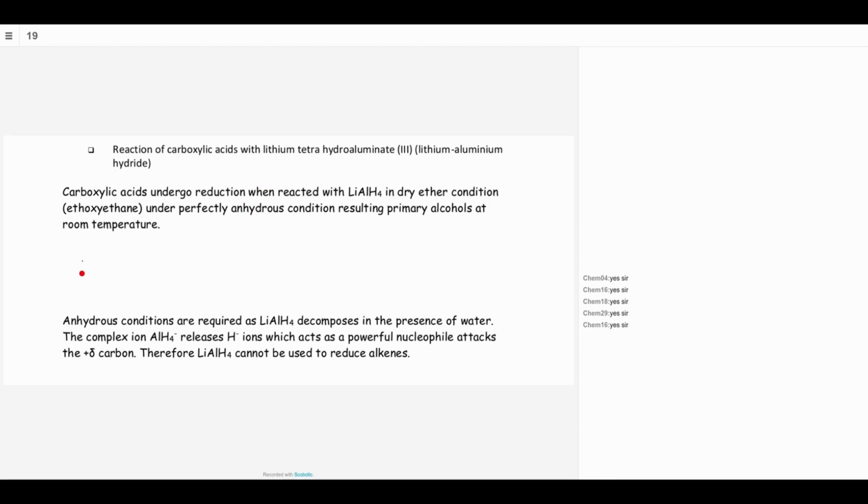So what happens when you reduce carboxylic acids? You get the corresponding primary alcohol. This is anhydrous lithium aluminium hydride in dry ether. You get R, and the carbonyl group turns to a CH2. The C double bond O turns to CH2. So this is a primary